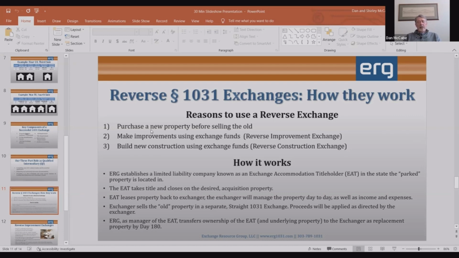So the transfer of the interest in the exchange accommodation title holder, the EAT, the IRS says is the equivalent to transferring the underlying property, and it does not trigger a due on sale clause because we haven't sold the property, we've sold the entity that owns the property, and it does not trigger the transfer taxes, et cetera,